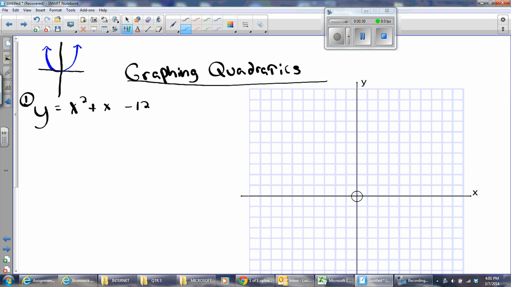I do want to point out to you that when you graph your parabola, it will not be like two lines. It won't be a V like the absolute value. It will be a U, and it will have a vertex. It will always have a vertex, which will be the highest or the lowest point. So let's